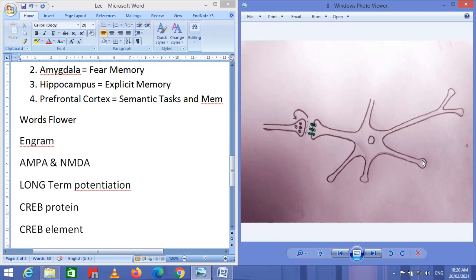Each and every part of this neuron inside any memory site, inside the hippocampus or the amygdala or the prefrontal cortex, will show a specific memory. So that specific part, for the designation of a special memory, is called an engram. For example, this area may be an engram. For example, this whole area may be an engram. For example, this small part can be an